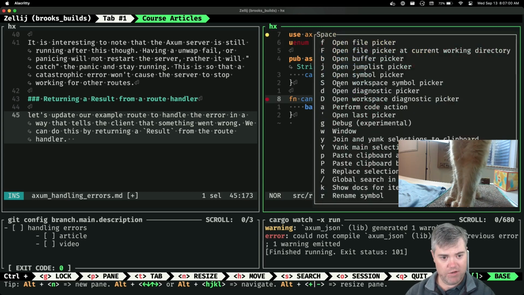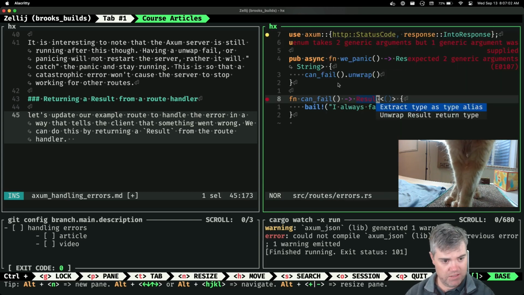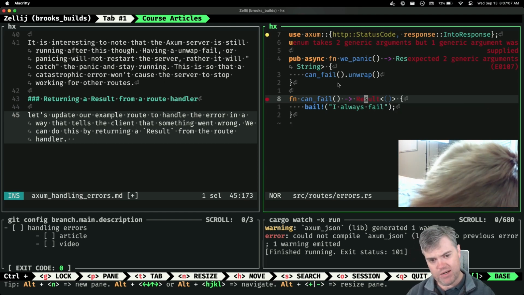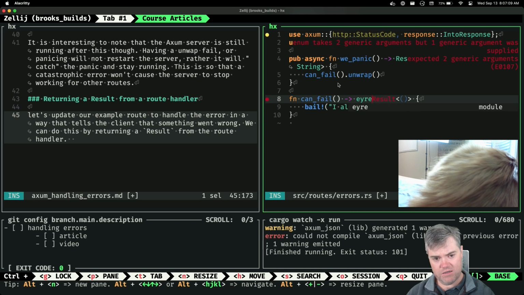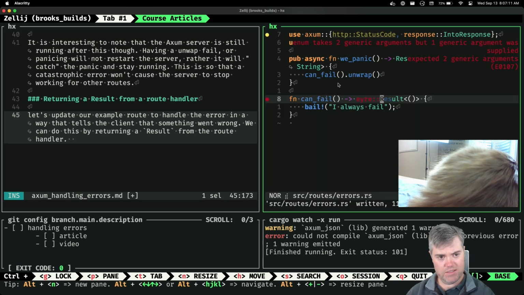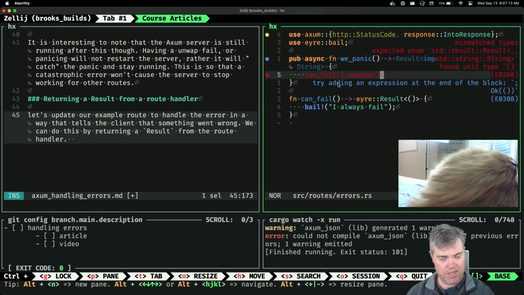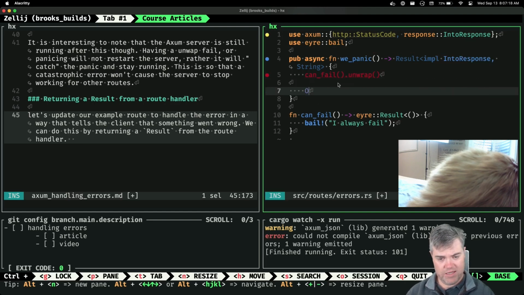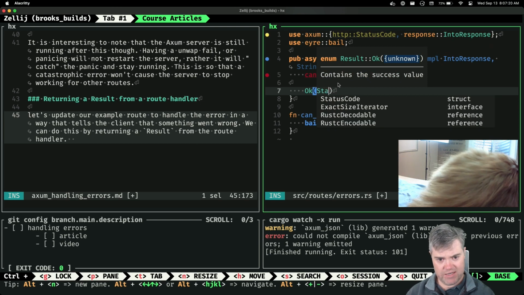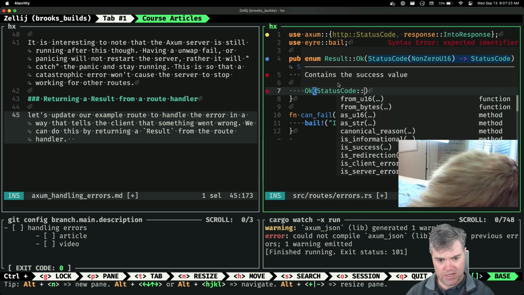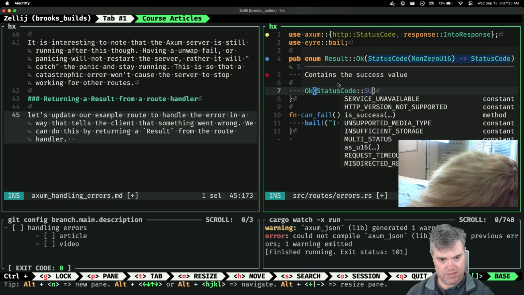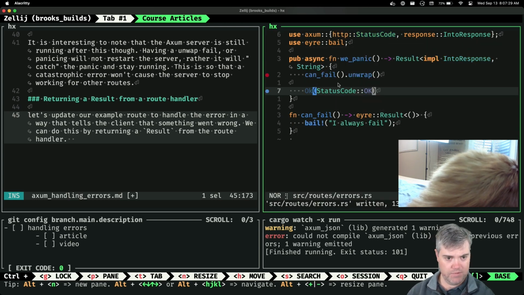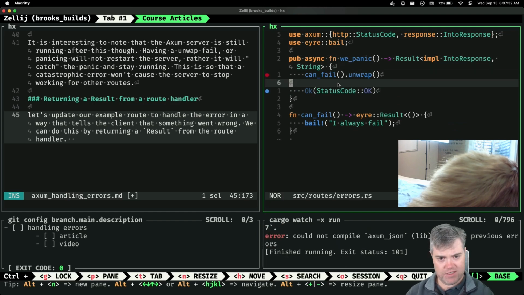So then I want to, don't think that's what I want. I want you to be an error result, and then you be a normal result. Can fail. Okay, so we do an okay. We'll just do status code. I think it's okay. 200 OK if you're successful.